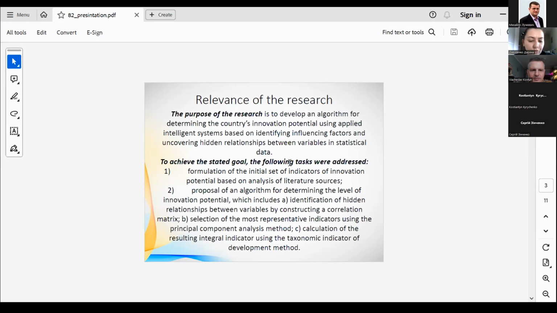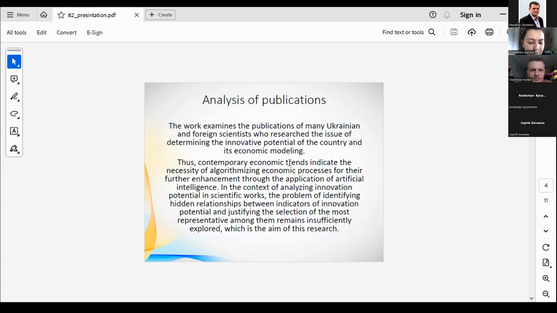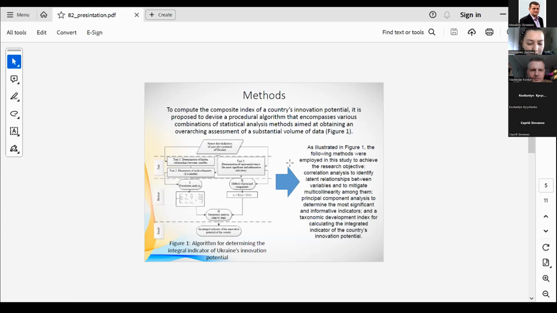The advantages of applying the principal component method are identified along with the procedure for using it to determine key indicators for assessing the country's innovating potential. An approach to determining innovation potential is formed based on intelligent data processing, allowing for the analyzing and visualization of large volumes of data, as well as identification of trends, key factors, and indicators influencing innovation activity in Ukraine.